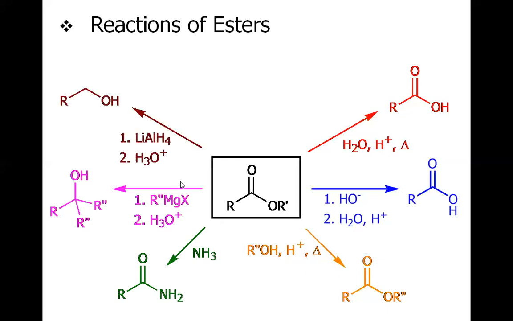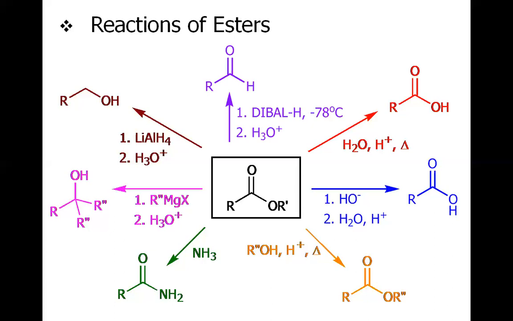And upon the reduction, we have the primary alcohol formed. And remember, to reduce the ester, we have to use the lithium aluminum hydride. That is a strong reducing agent, because if we use the sodium borohydride, it will not reduce the ester, because the sodium borohydride is specific for the aldehyde and ketone. But lithium aluminum hydride also reduces the ester or the nitrile along with the aldehyde and ketone, being more reducing in nature.